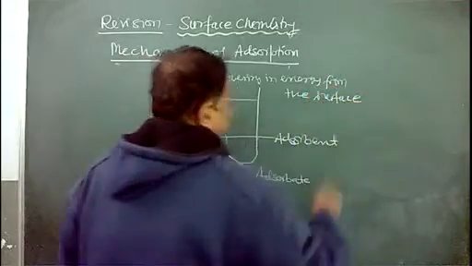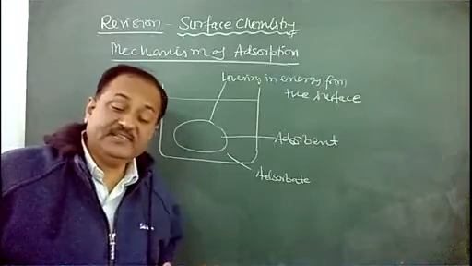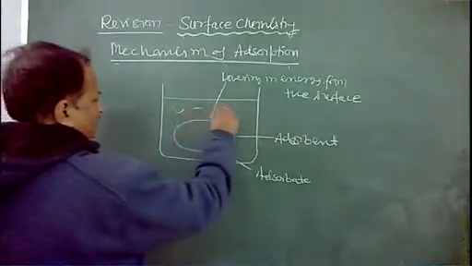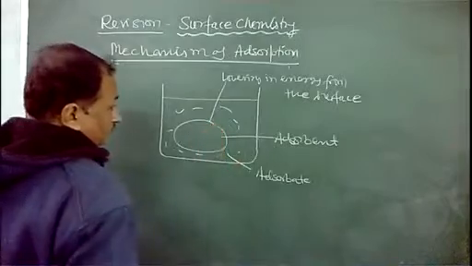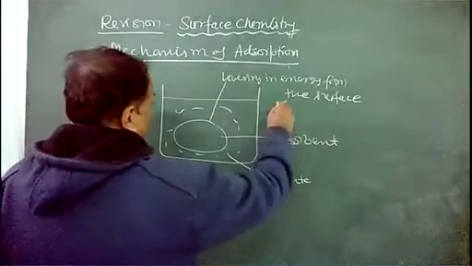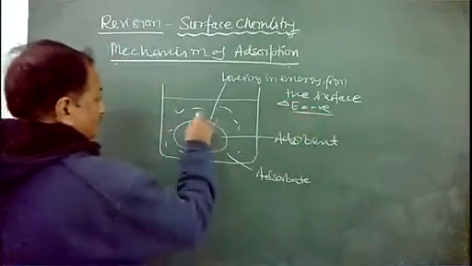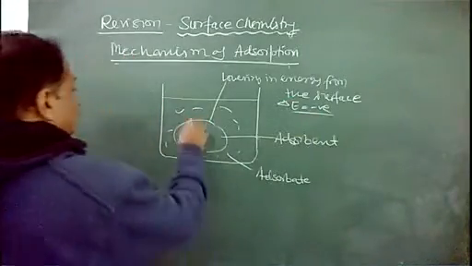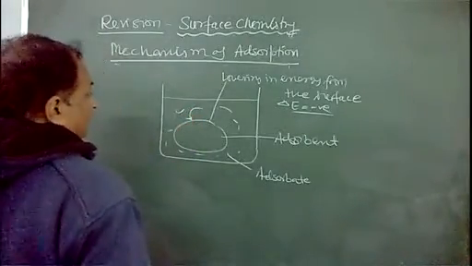Surface energy is lowered down, because if surface energy is not lowered down, there will not be attachment. So let the molecules be there, and here the energy is lowered down. When delta E becomes negative, then they will find their place suitable. Then the particles will move towards here, and at last they will